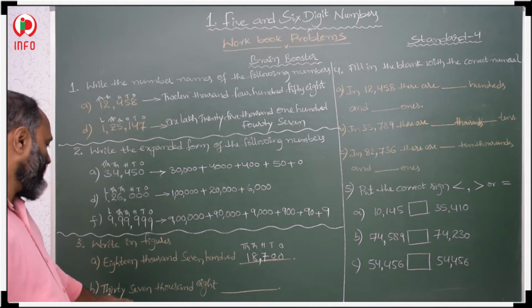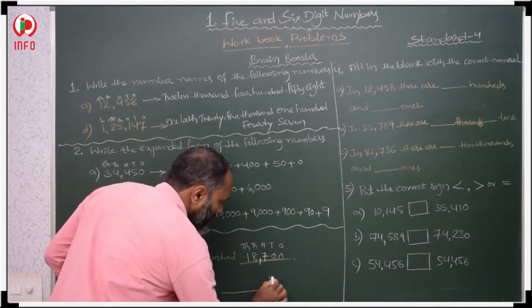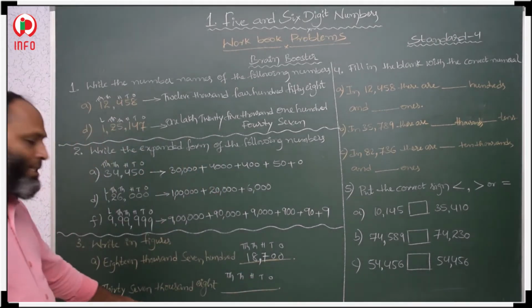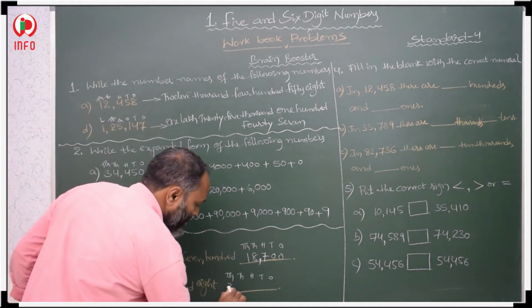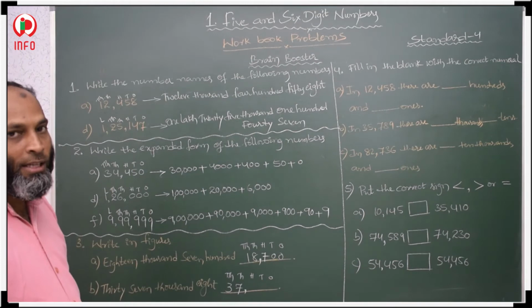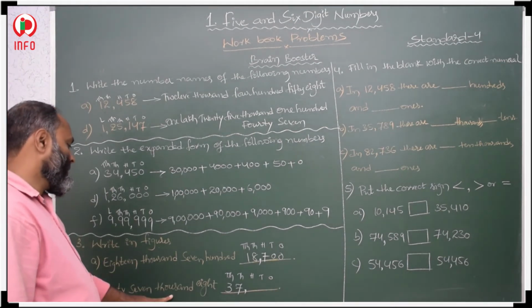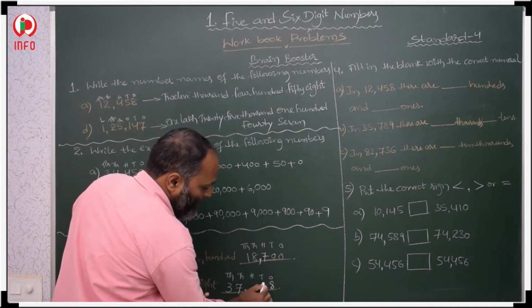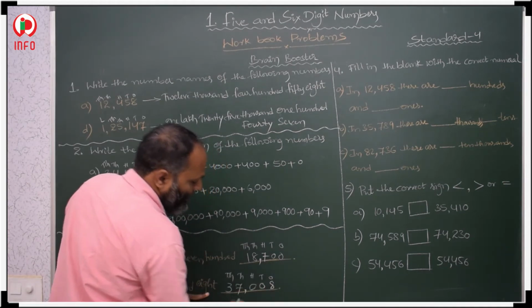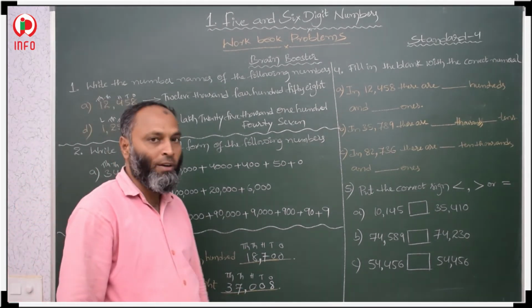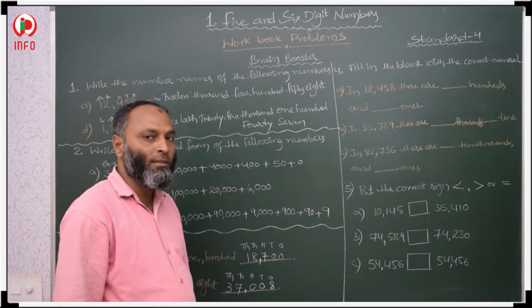Now here 37,000. Ones, tens, 100, 1000, 10,000. In thousands place we have 2 digits, so till 10,000 we have to take. 37,000, then 37,008. 8 means in ones place we have to take. Remaining, there is no tens and no hundreds, hundreds and tens are not given, so we have to take zeros in tens and hundreds.